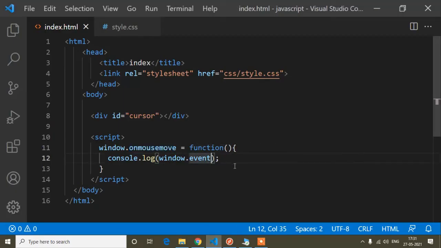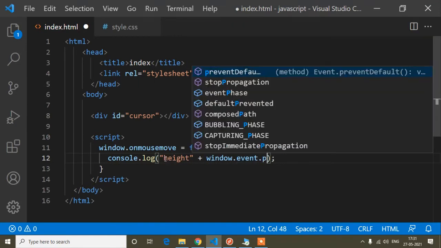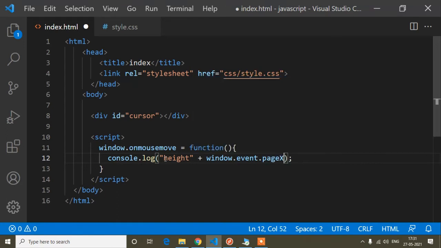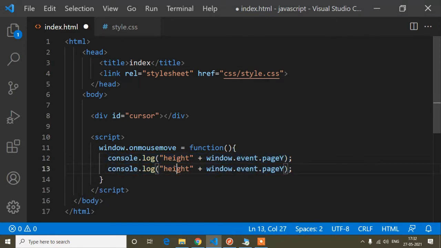So here I will write, in string format, height, and then dot pageY, and again in the console, width and pageX. Now let's check it.